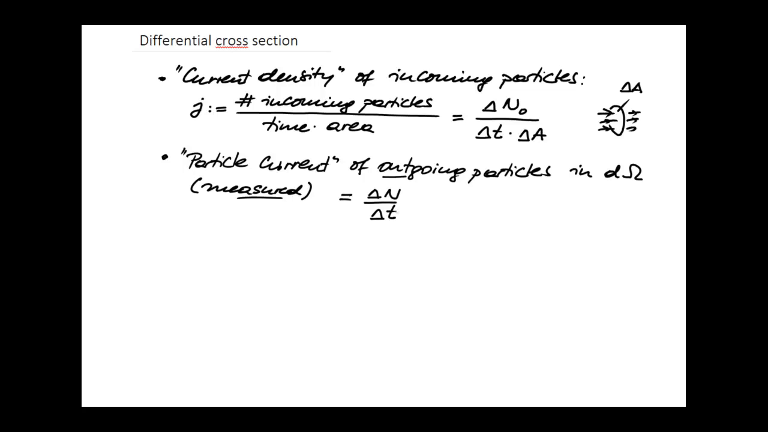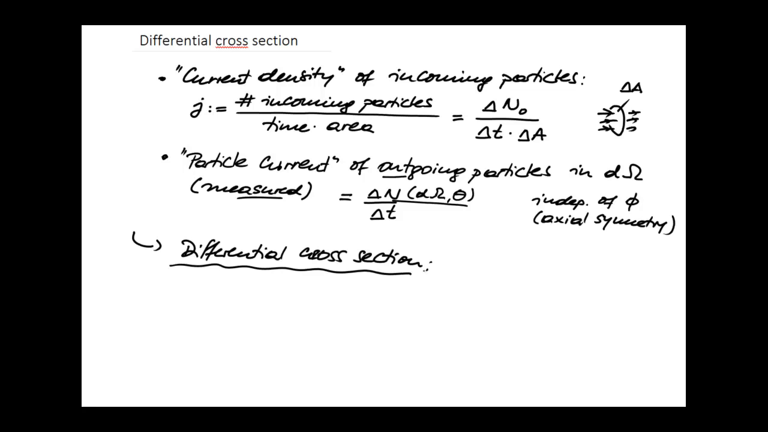So the delta n will be a function of the omega, and it will be a function of theta. But it will be independent of the other angle phi, the angle around the beam axis, because of symmetry. You have a central potential, and therefore in particular you have axial symmetry around the beam axis. Now with these two